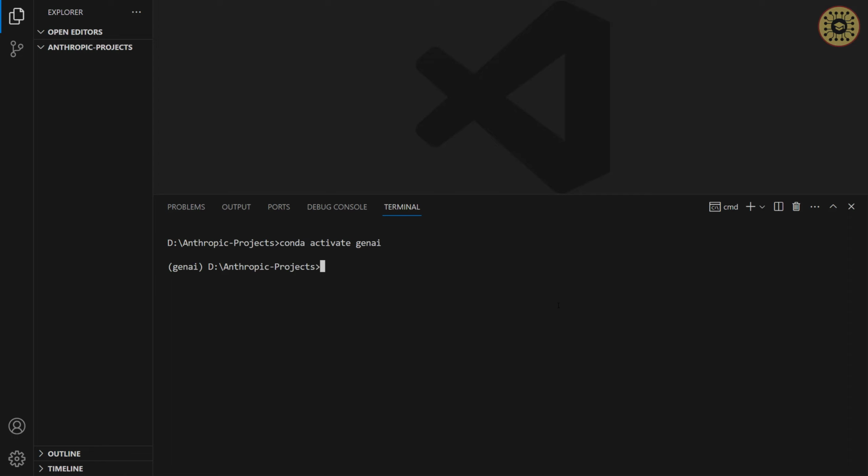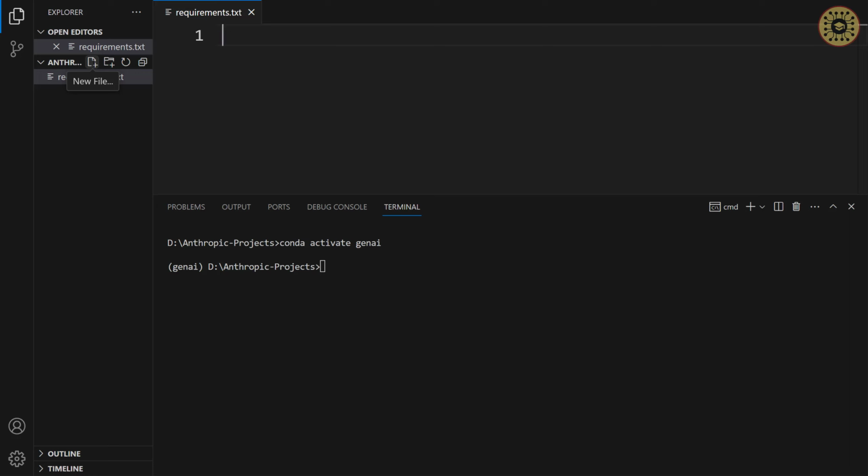What we're gonna do now is install the tools we'll use. To do this, let's create a requirements.txt file. We're gonna click on the new file and then name it requirements.txt. After that, let's write the tools we'll use here. To use the Claude API, let's write anthropic and python-dotenv. To build the app, let's type gradio. For now, these tools are enough to build the app.